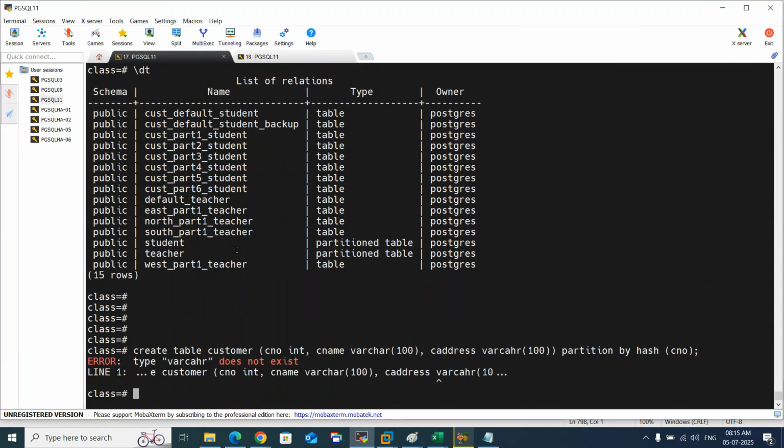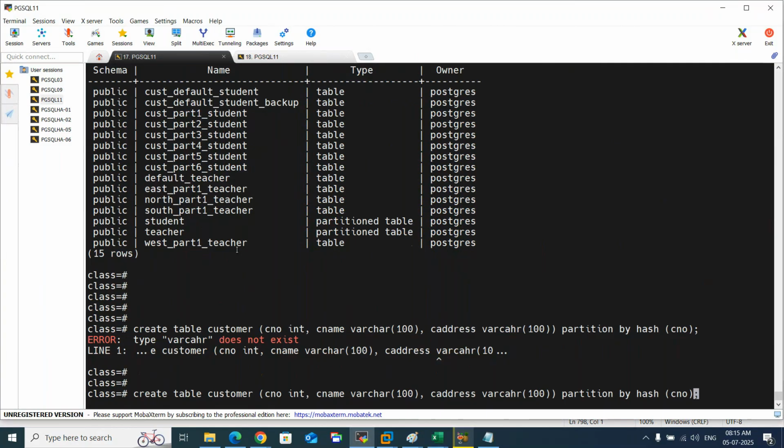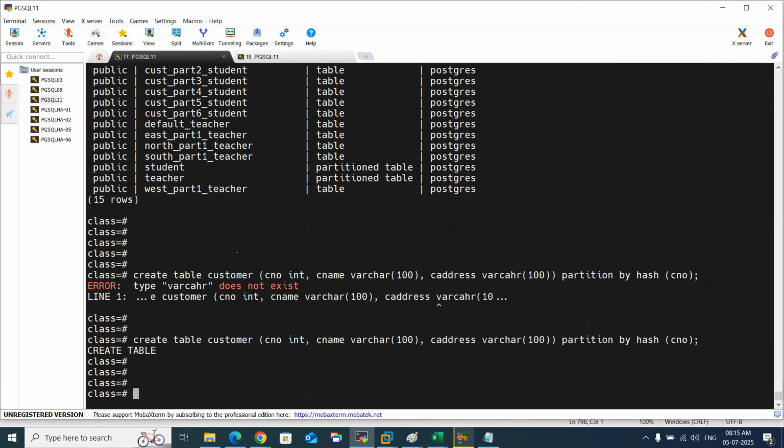Oh, this spelling is wrong. Created. Now, how do I want to divide the data? Divide the data based on the divisible numbers. Hash is something. Let's create the partitions, then I'll explain. Create a table. Table name is maybe again part one customer,